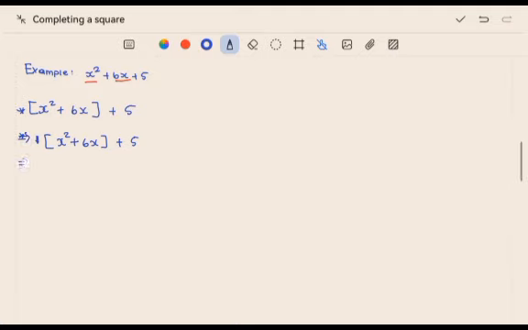And then after doing that step, remember I told you that your goal is to add a special 0 inside your square bracket so that you can convert it into a perfect square. So what you do is you write the factor that you took out, which is 1 in our case now, and then you have x squared plus 6x, and then the 0 that you are adding is you open bracket,